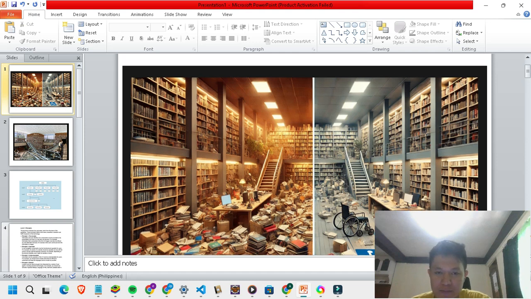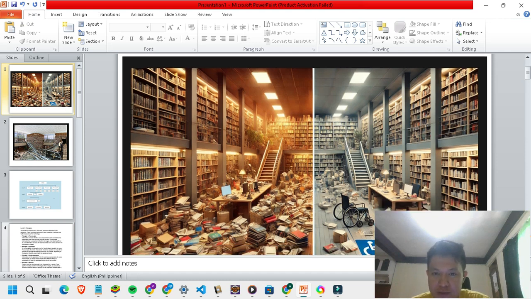So imagine a disorganized library where there's nothing that can guide you where to go or where to start finding books, right? What are the rules? Different genres are mixed, like history, science, philosophy, literature.